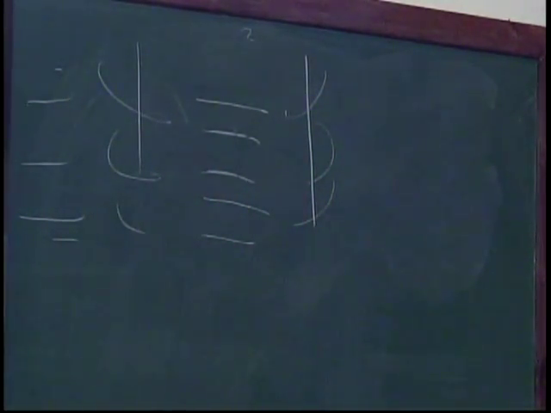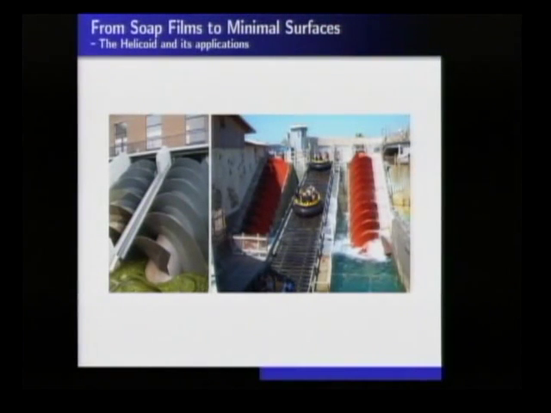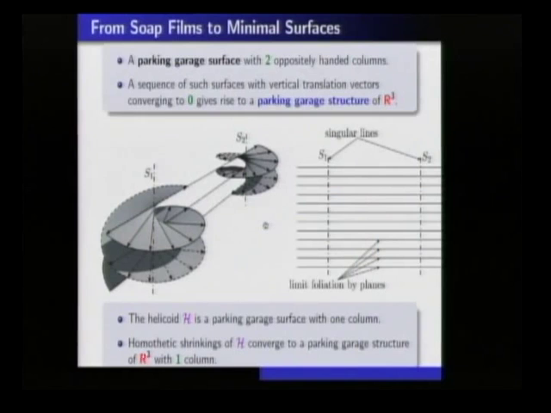We could connect everything up, and it'd be part of what's called a parking garage surface. So that's this kind of picture here. This is a picture of what's called a parking garage surface in R3 with two oppositely oriented handles. So I have a right-handed helicoid here, and a left-handed helicoid spinning the opposite way there. And somehow I can fill them in as part of a global, properly embedded surface in R3, which is horizontal away from these helicoids. Everywhere else, it looks horizontal.